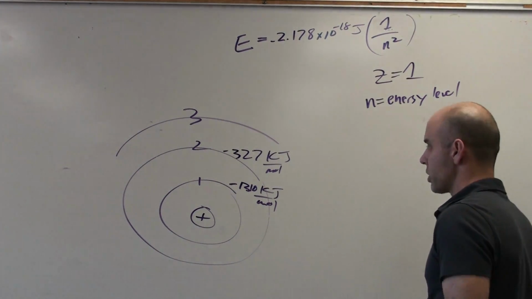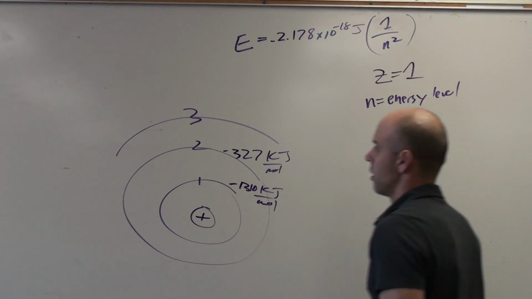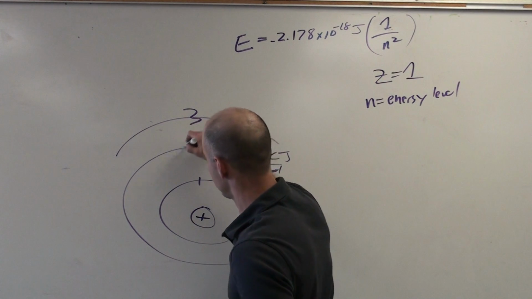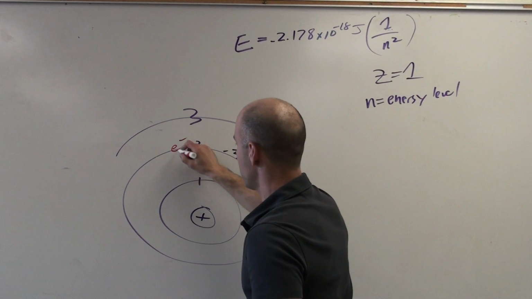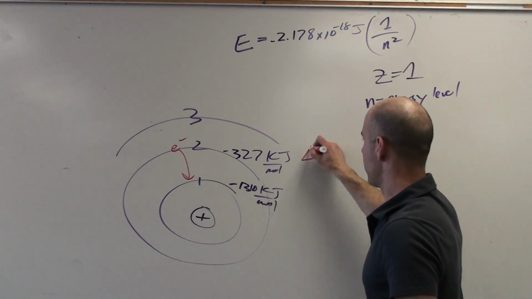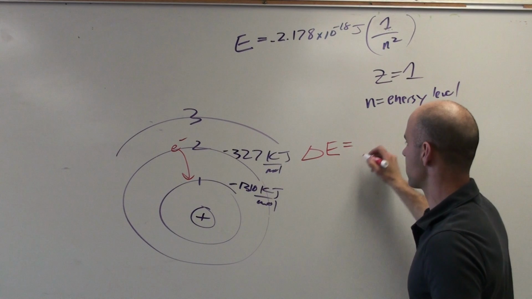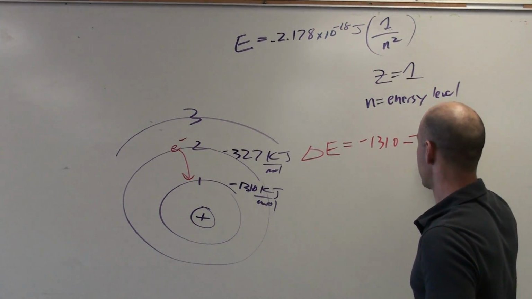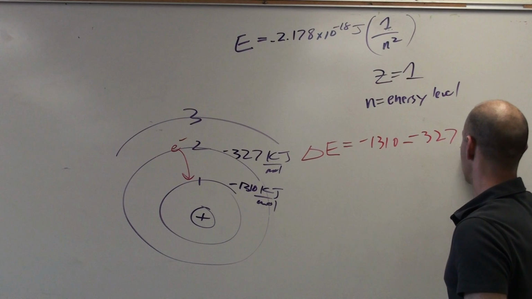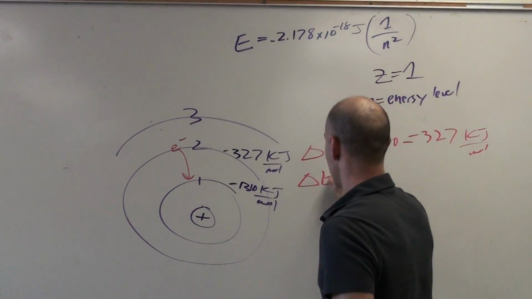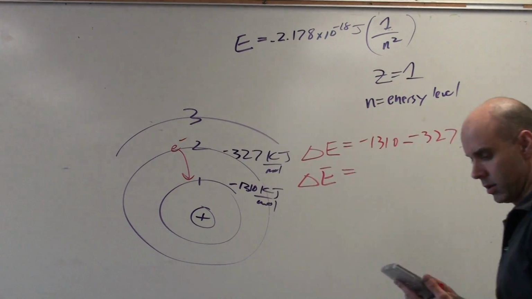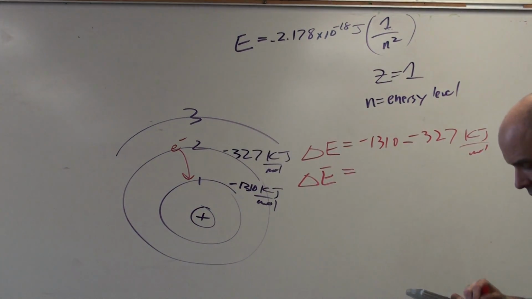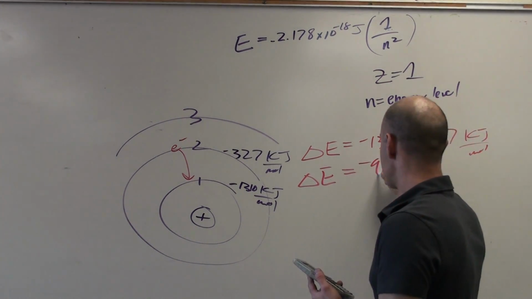So if I want to find how much energy is released from an electron falling from this level to the next, I've got one electron here that's falling. To find the energy released, I do final minus initial. So negative 1310 minus negative 327 gives me the total energy change. So negative 1310 plus 327. So that's the energy